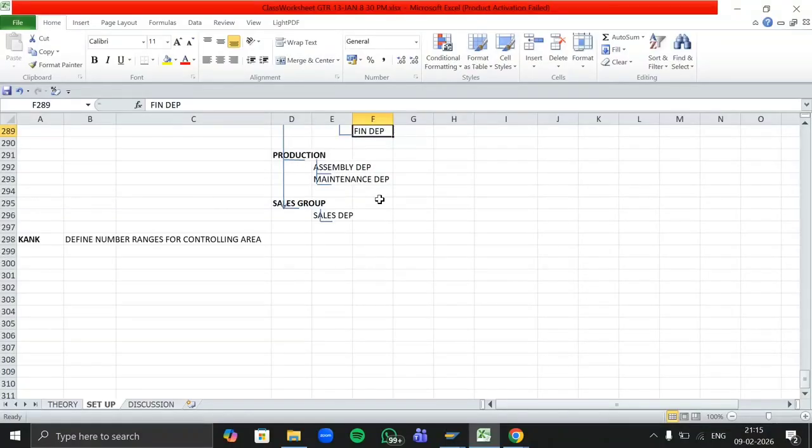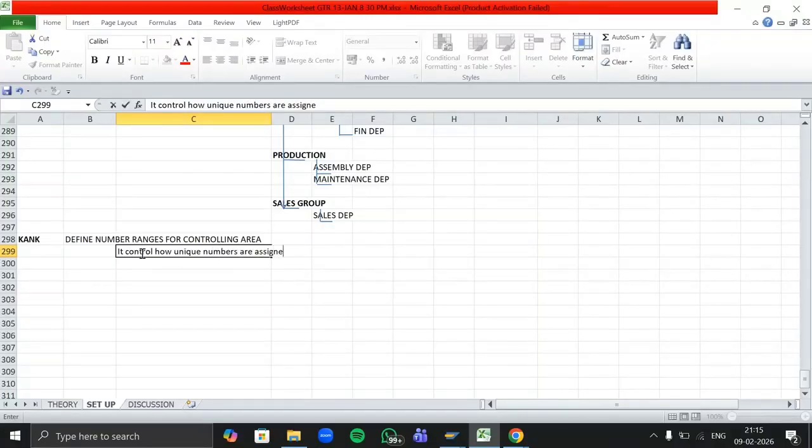So here also we are going to copy the number ranges from the standard controlling area 0001 only. How unique numbers are assigned to controlling objects within our controlling area itself.